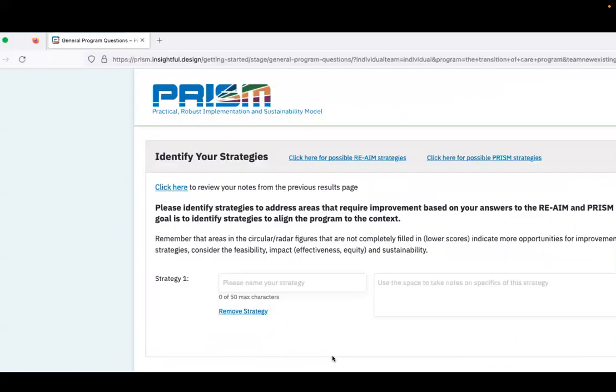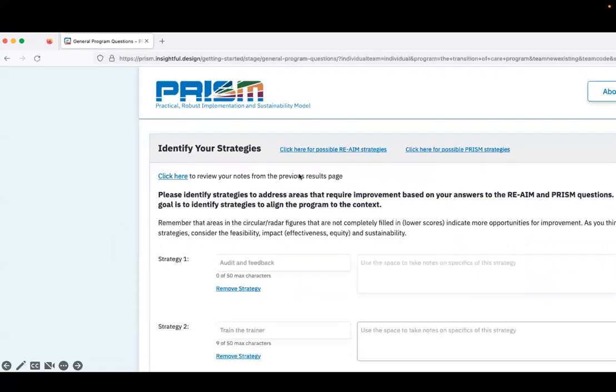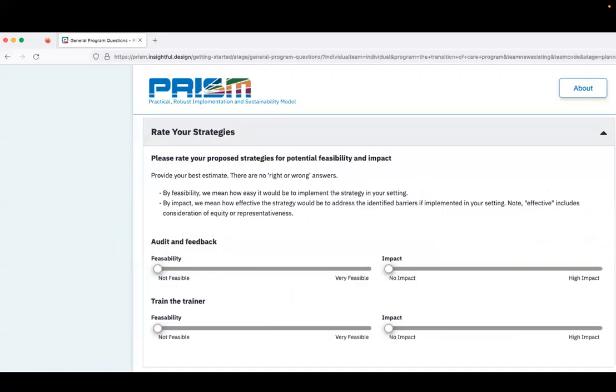The fourth and final step asks you to identify strategies that might improve your results. Example strategies are provided if you click on these links to facilitate this process. For this demo, the implementation strategies identified are audit and feedback and train the trainer. For these strategies that were inputted, the web tool then asks the user to rate these strategies based on both